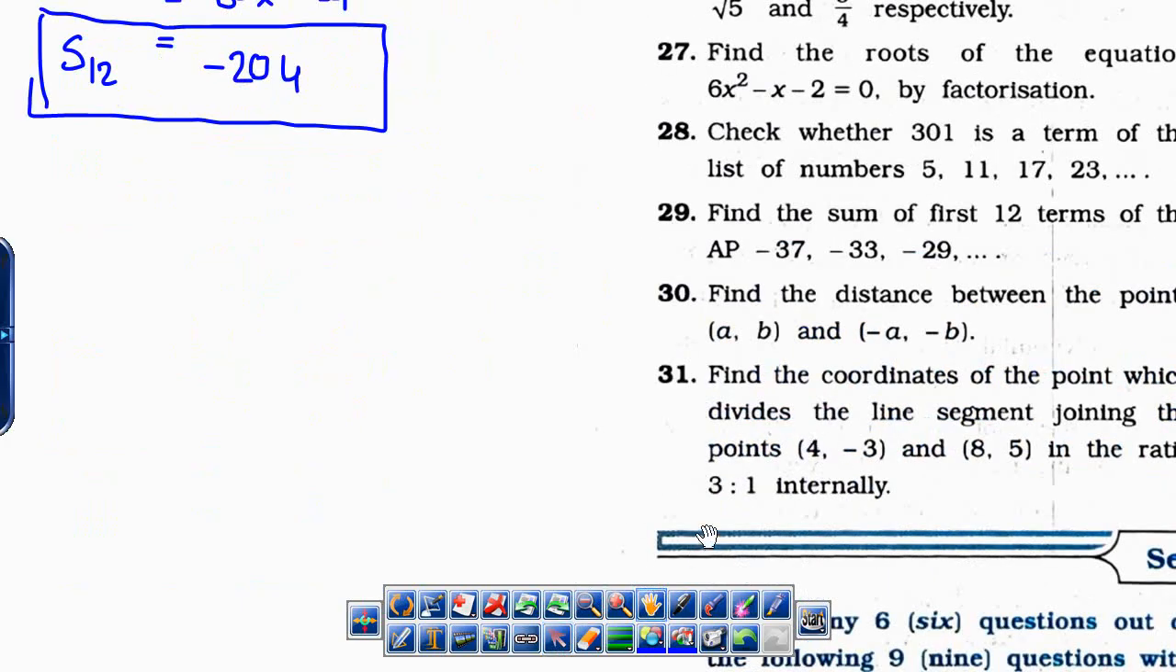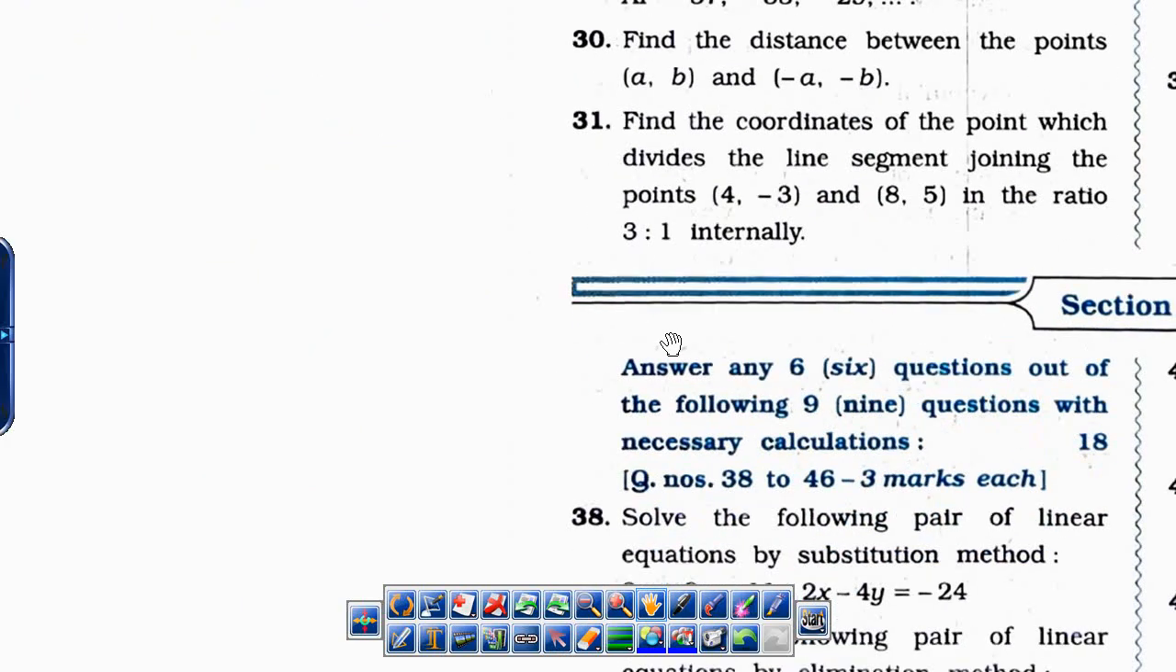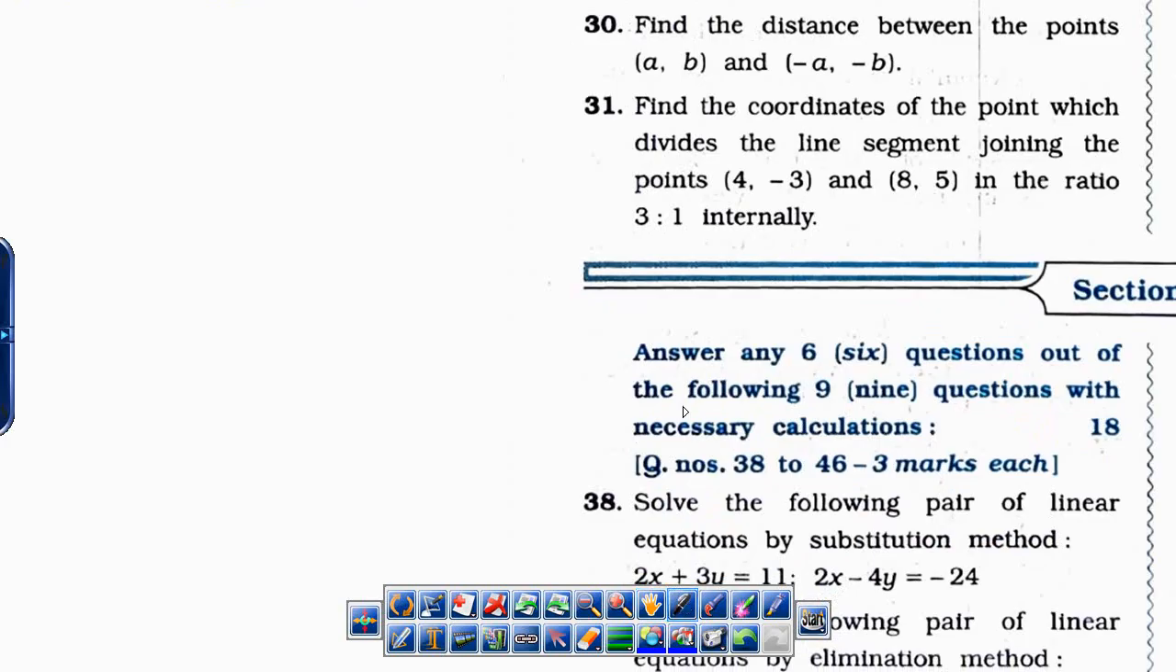Thirtieth sum. Find the distance between these 2 points. ये तो textbook का sum है. You have to apply the distance formula. Distance formula is a minus a whole square